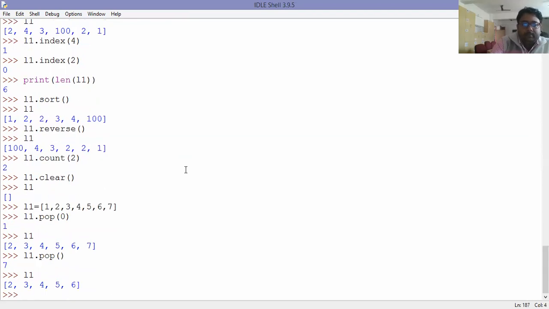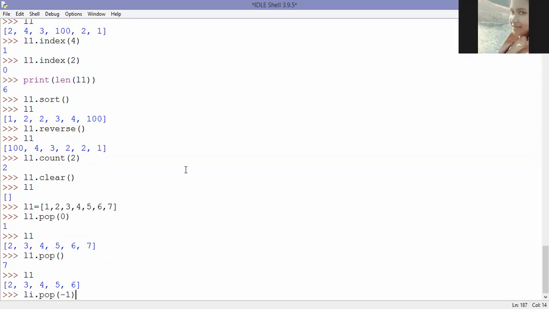Now, if I use it like this, which element will be removed? 7? Where is 7?